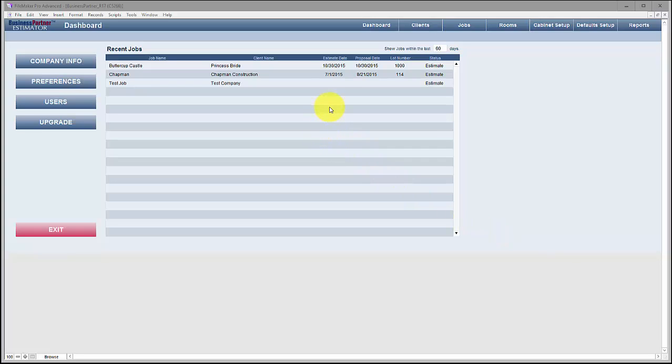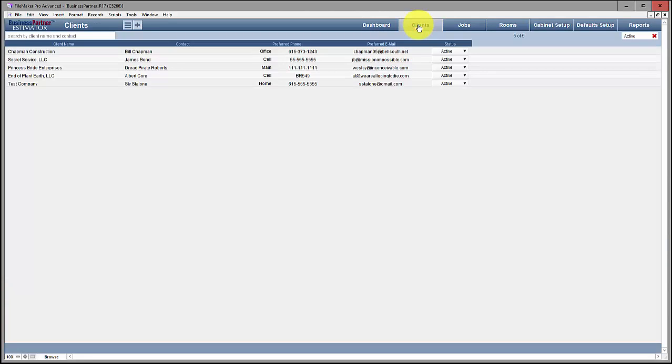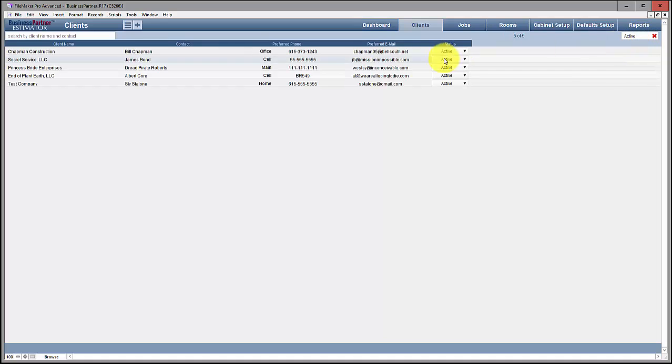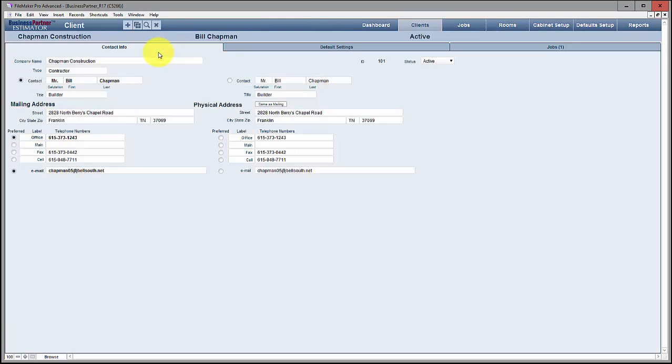So from the dashboard, which is where you'll always land when you start the program, click on the Clients button. Here you'll have a list of all the active clients. You can also set this status to inactive if you have any inactive clients. In this particular version, I do not have any inactive clients. So we're seeing 5 of 5 clients here, and from here we can go into one of the clients, and